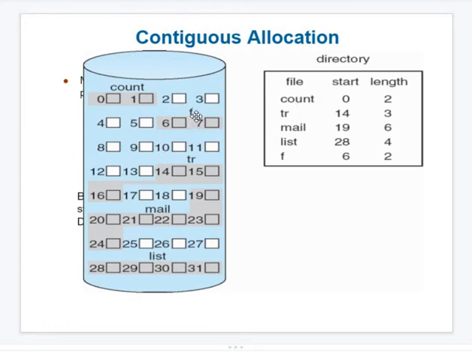Then these files, say for example, I have deleted F and also I have deleted TR. What happens at that time? 6, 7 free, 14, 15, 16 free. So at that time, what is the new free table update? Starting with the 2, what is the free available? 1, 2, 3, 4, 5, 6, 7, 8, 9, 10, 11, 12, 13, 14, 15, 16 and 17. Starting from 2, continuously 17 blocks are freely available. So like that we can decide.